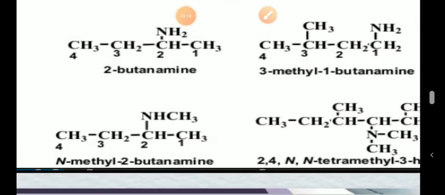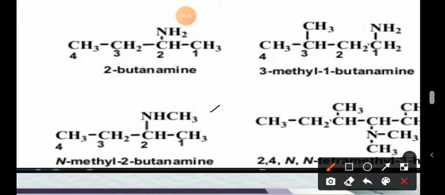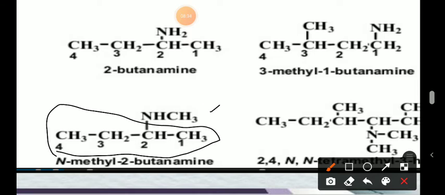Now check the third part, the one I am discussing, and let's start with the longest carbon chain. We have a 4 carbon chain here, and if we check this form, we will simply mention what is attached to this part. So we will mention that it is N-methyl. Why are we saying N-methyl? Because it's a simple methyl carbon, a 1 carbon chain. And if we are having iso or tert-butyl or some kind of structure, we will mention that part as well.